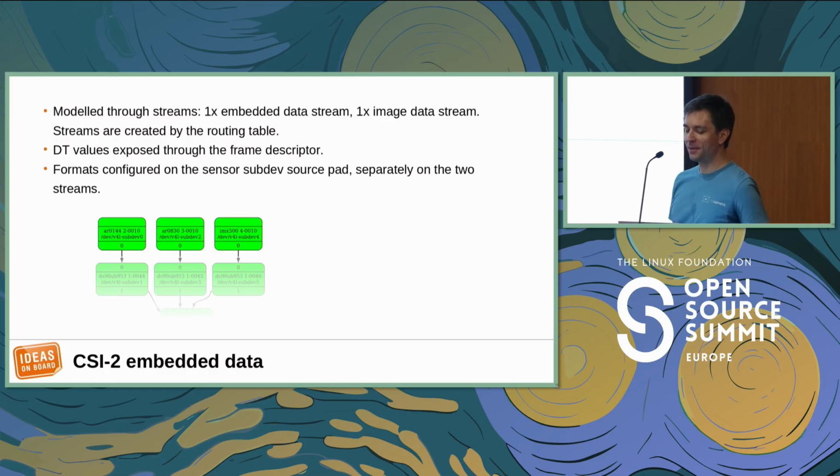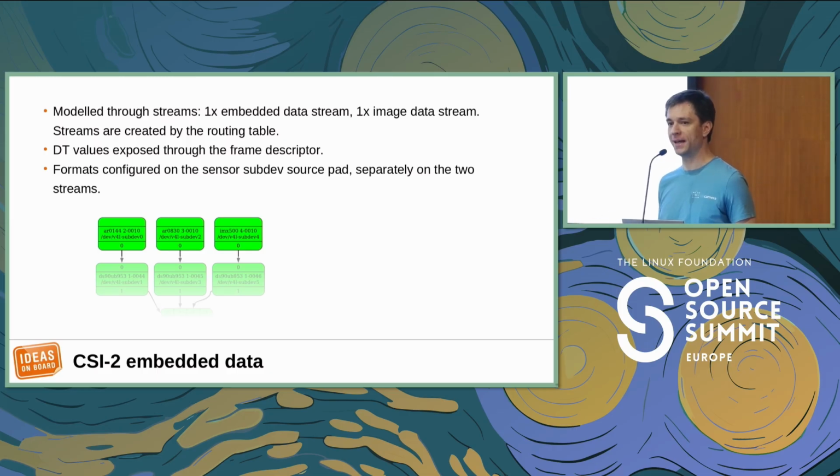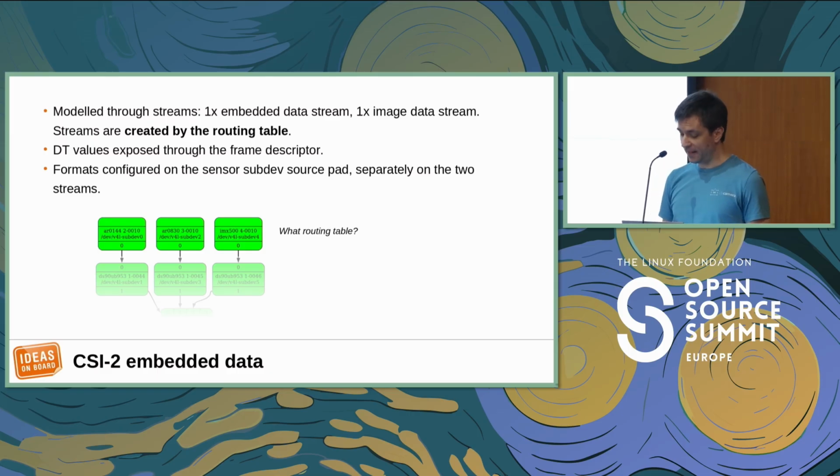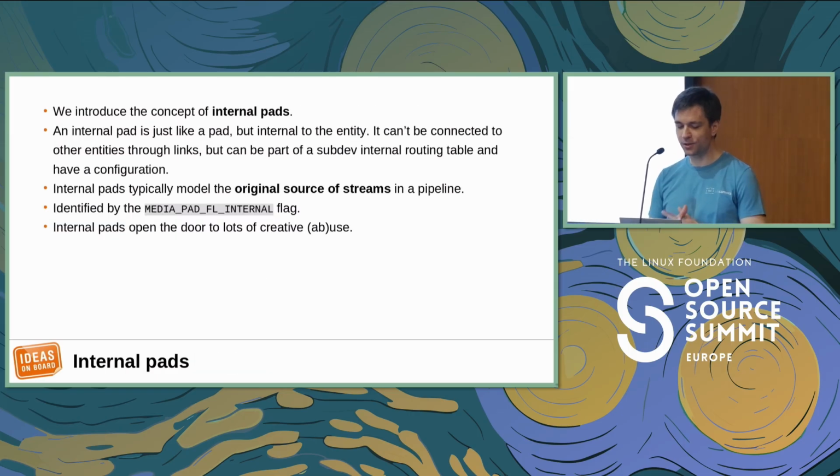So I mentioned that the streams are created by the routing tables that define how inside a subdev you route data from the sink to source. So if you have to create those streams on the sensors, well, they have just a source pad. How do you route things? What's the routing table? There's no input to those. And so we had a problem there, and that led to, again, a new concept,